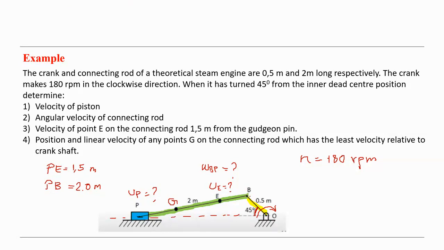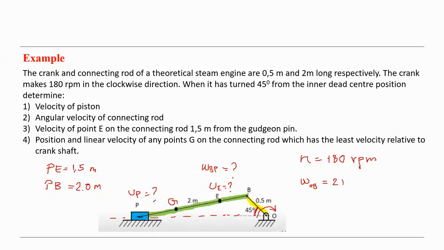Because we know the length and we know the RPM it is turning at, like we did in our previous lessons. So omega of the crank OB